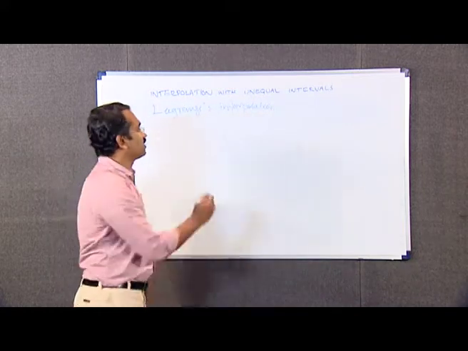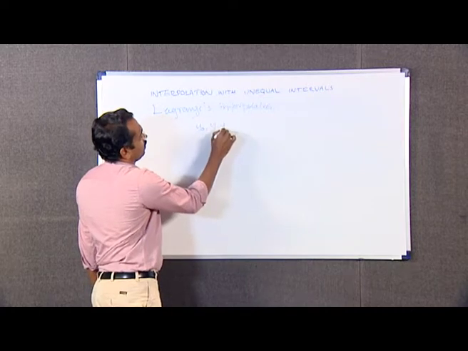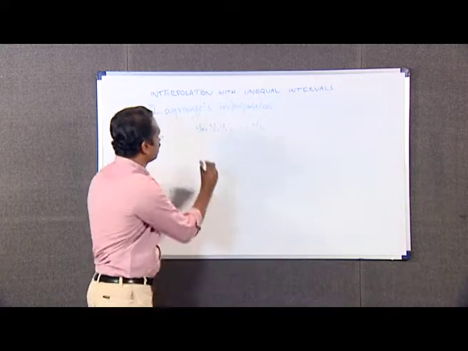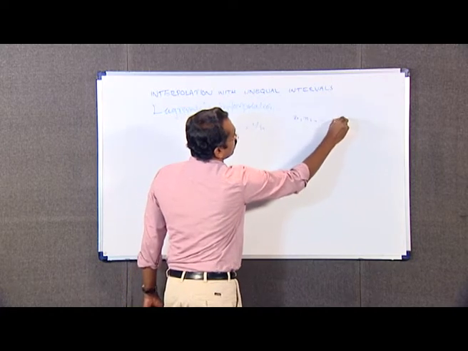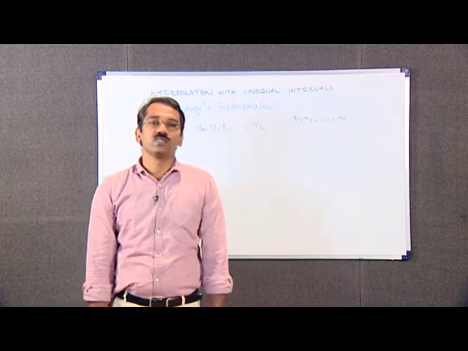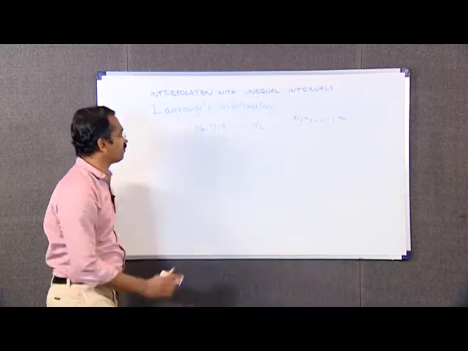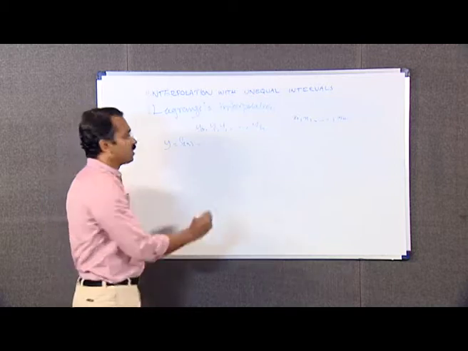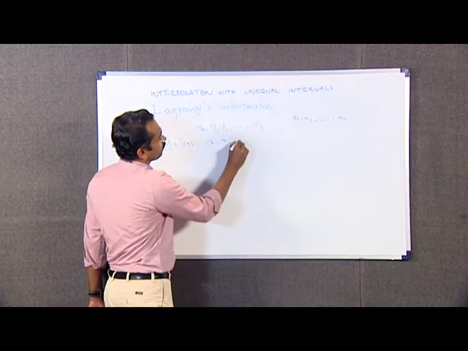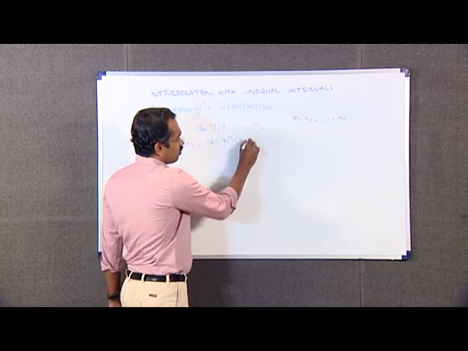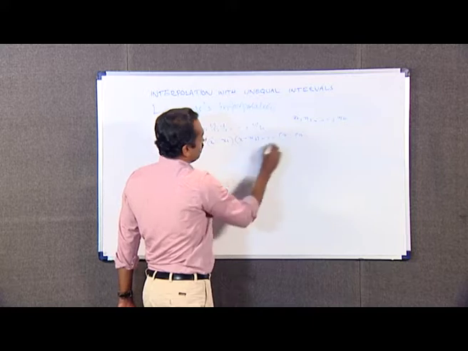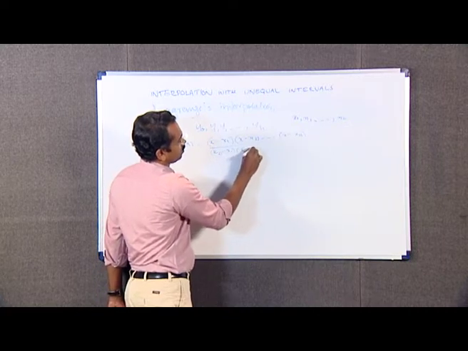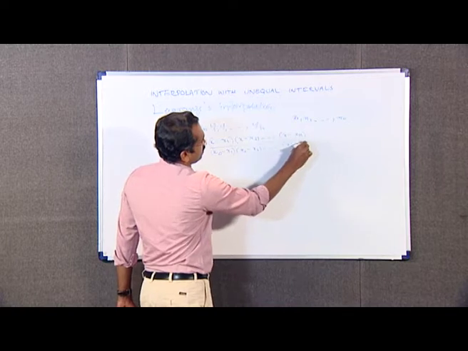If y naught, y one, etc., y n are n plus 1 values of a function y equal to f of x corresponding to the arguments x naught, x one, etc., x n, then the Lagrange's interpolation formula is given by y is equal to, y means f of x, which is equal to x minus x one into x minus x two, etc., into x minus x n, all divided by x naught minus x one into x naught minus x two into, etc., x naught minus x n into y naught,